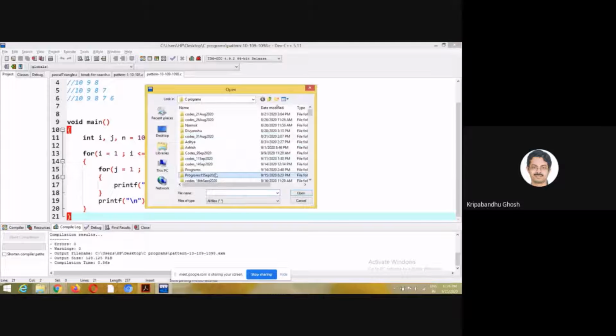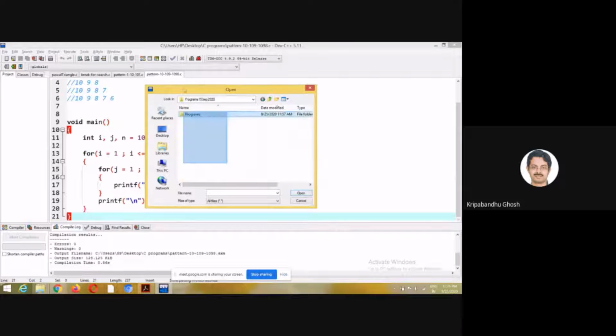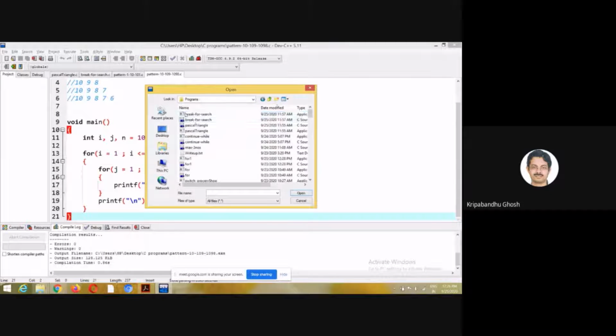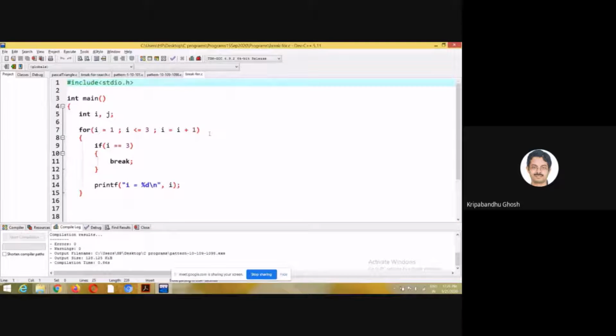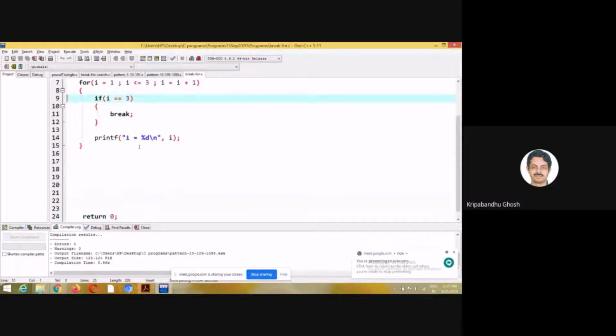Yes, this is the code, I think. So if I equal 3, I'm breaking. So I am coming out of this particular loop.